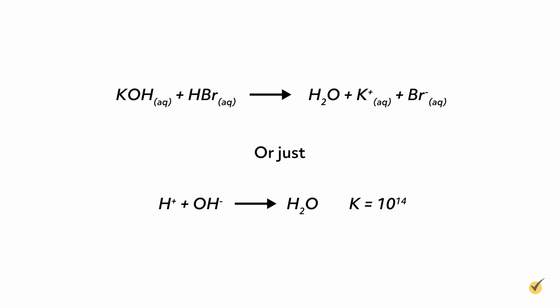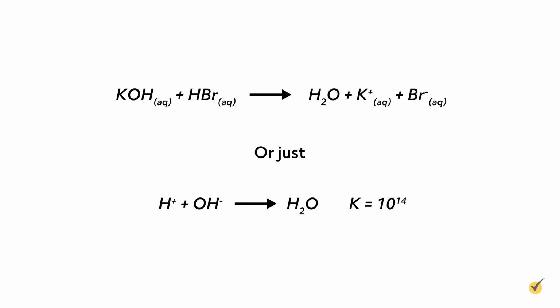To start, we need to set up the balanced chemical reaction. In the general process we outlined earlier, we assumed that the analyte and titrant were stoichiometrically equivalent. However, this is not always the case, and we should always start a titration by understanding the actual chemistry that's taking place. In this case, the reaction between potassium hydroxide and hydrogen bromide is fairly simple, and the stoichiometric ratio is 1:1. Because the equilibrium constant, K, is so large for this reaction, we can confidently say that this reaction goes to completion. In other words, when we add hydrogen bromide solution to the potassium hydroxide solution, any hydrogen ion will immediately react with a hydroxide ion.